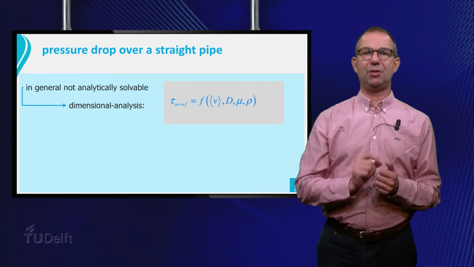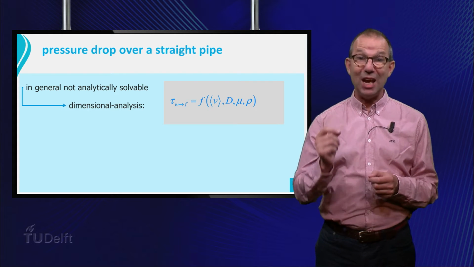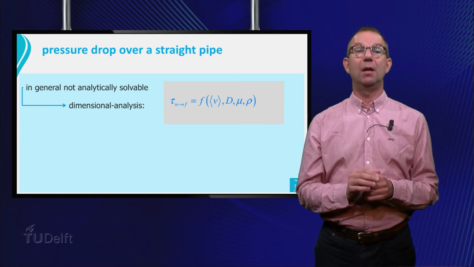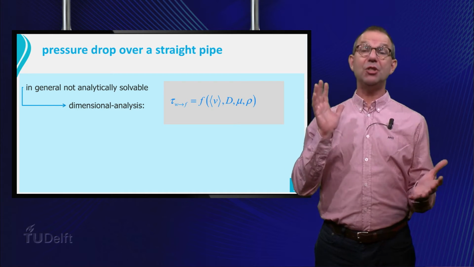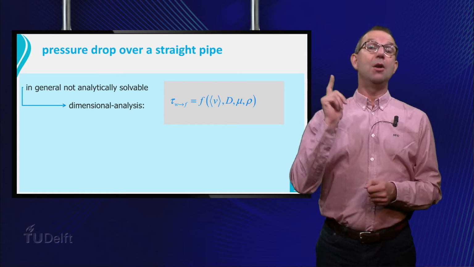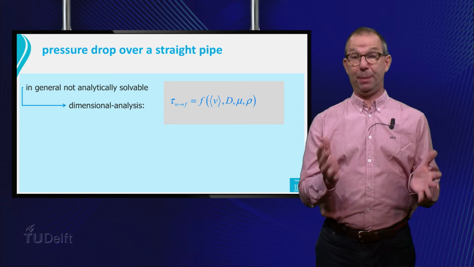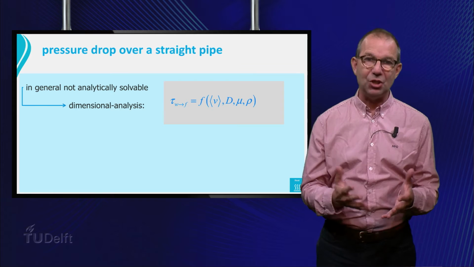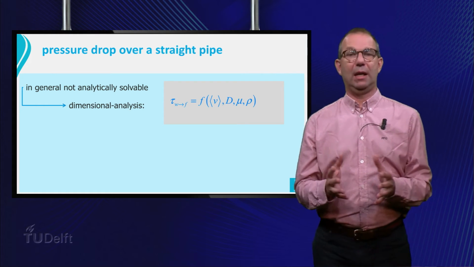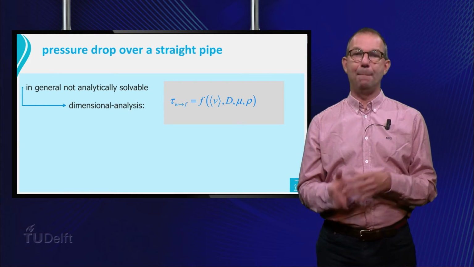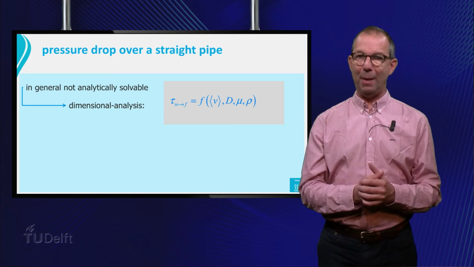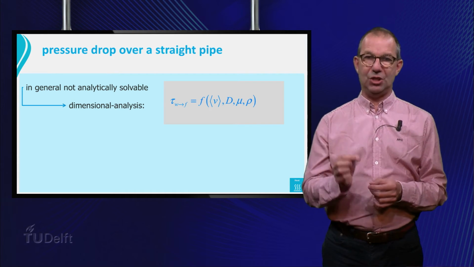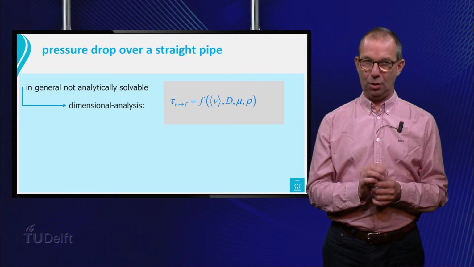The pipe diameter, as we know that pumping the same flow rate through a narrow tube is much tougher than through a tube of large diameter. The liquid viscosity, as pumping syrup is more difficult than water. And finally the density. That one we can expect as pressure drop and momentum are related via the momentum balance. And there we saw that rho v is actually concentration of momentum.